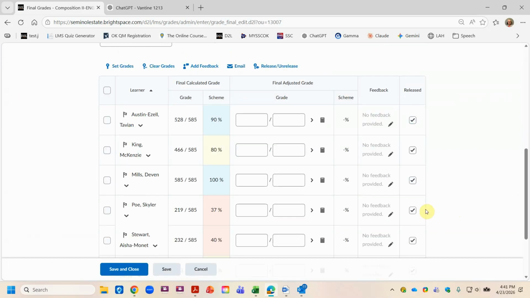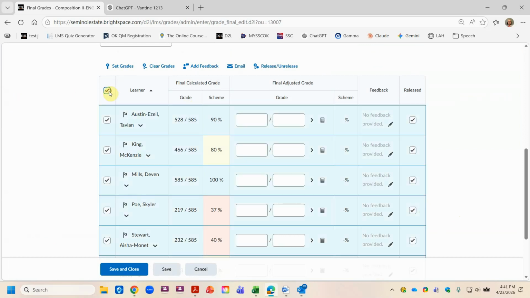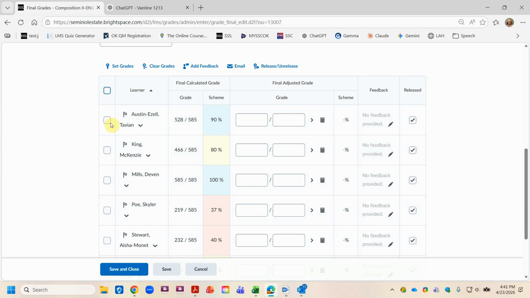If for any reason you need to hide the grades or you don't want them to see what their final grade is, you can click this and then just come up here and hit release, unrelease, and this will de-click all of these. If you just want to change or hide one person's grade, because sometimes you're maybe fiddling with it and you don't want that final grade to change for them, you can just unclick that one person